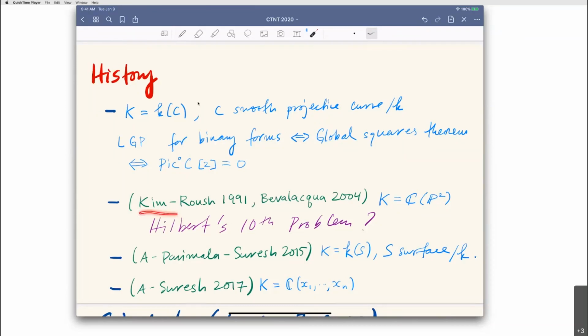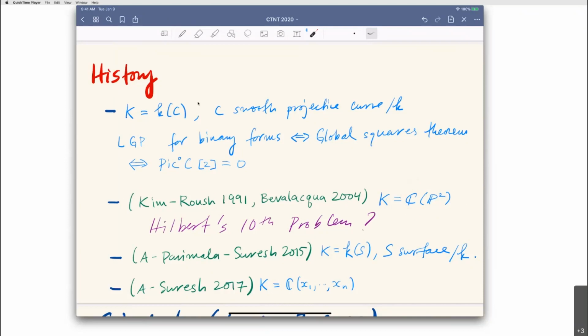But these 2 people wrote a series of papers on generalizations of Hilbert's 10th problem to various types of other fields and other rings, various number rings, various function fields over p-adics, over complex numbers, and in particular, they handled Hilbert's 10th problem for this case. And in the middle of that series of papers, all of a sudden, there's one paper on the local-global principle for quadratic forms. So it begs the question, is there some relationship between these two problems? If you have any ideas, you can let me know.